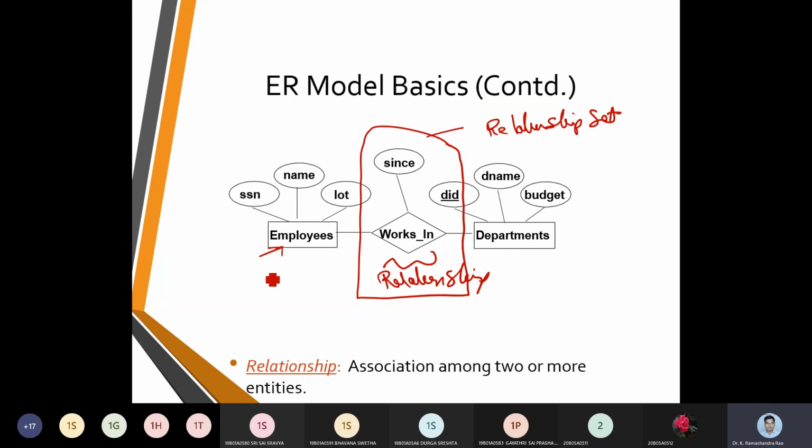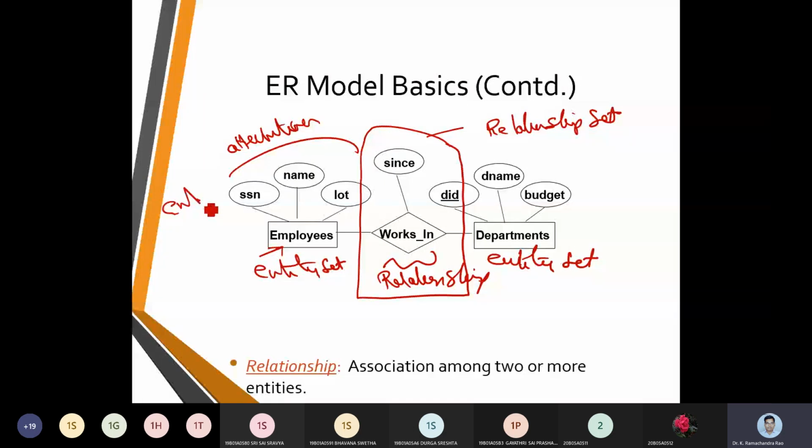Employees, we call it an entity set. Department is also called an entity set. Now we have these as attributes, and we create an entity so that we can use E1, E2, or department aliases D, D1 and D2.